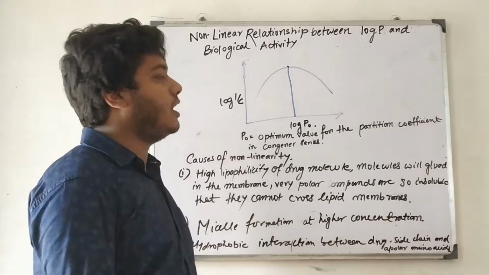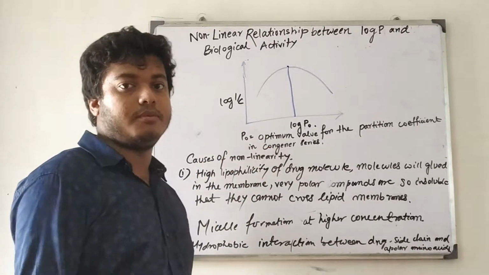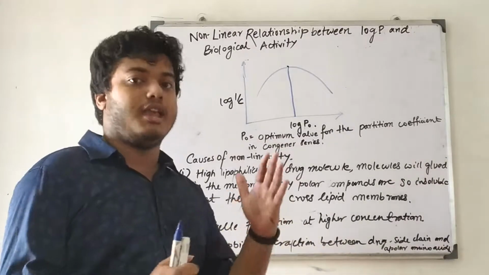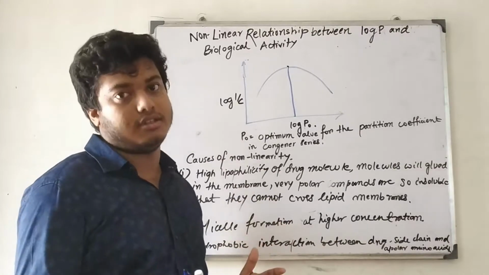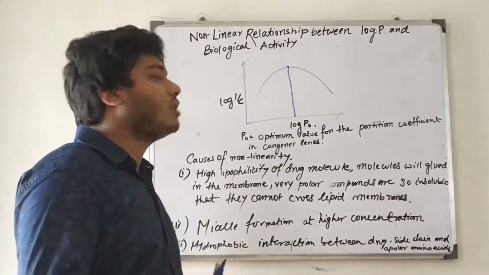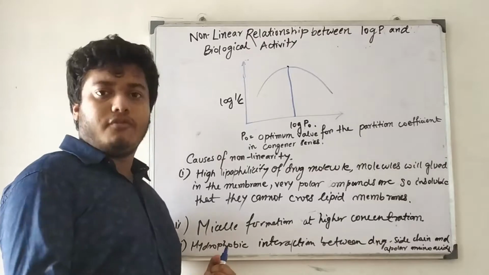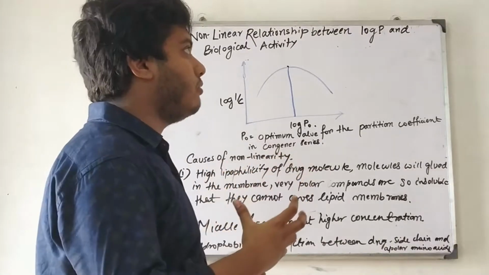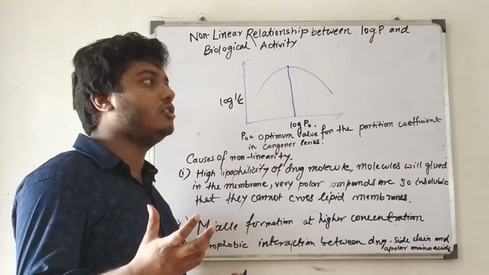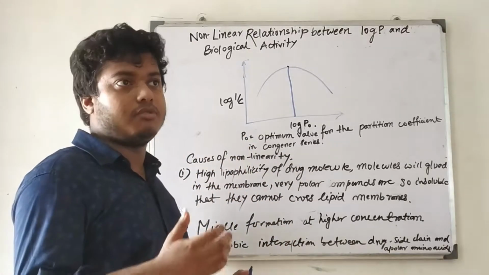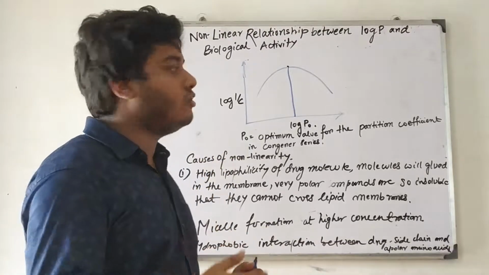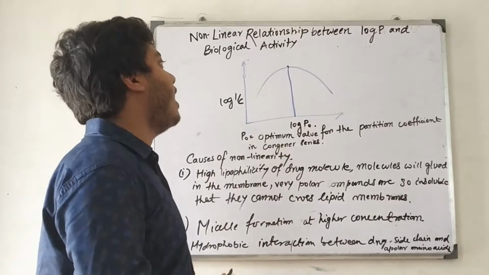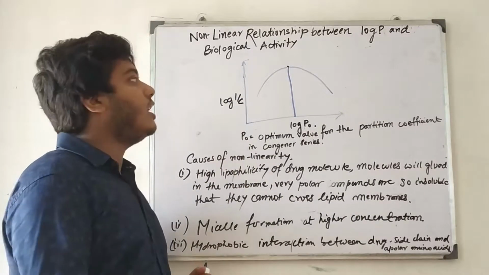So we have observed that in the linear model, the biological activity and lipophilicity maintain a straight line, that is, a linear relationship among them. Up to some extent we observe that lipophilicity has a linear relationship with biological activity, but it is not infinite. We cannot extend it infinitely. There is some point from where the increase in lipophilicity and the increase in the concentration also